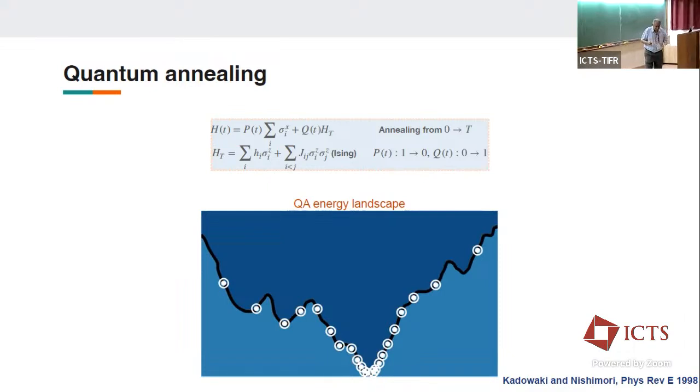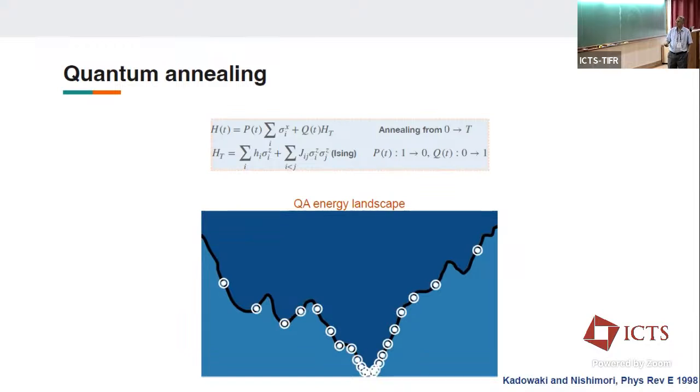However, there are many assumptions, which is that the change is slow and capital T, the anneal time, is large enough and so on. So this whole process of going from the initial time to the final time is called the anneal, A-N-N-E-A-L. Okay, so this is a way of finding the ground state of a system. And they proposed it in the context of the Ising model, these spins. And then what they found, and it has been subsequently found, was that